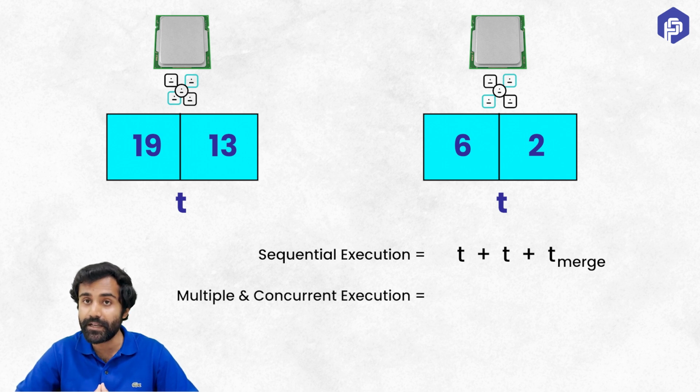But in this particular scenario where you have multiple cores and you have a concurrent program, the execution time would be roughly around just t plus the time taken to merge the two halves, isn't it? So concurrency has multiple benefits, and the benefits only increase when your hardware starts to contain many more CPU cores inside it. However, there are certain pros and cons associated with it, which we will be discussing in some time.